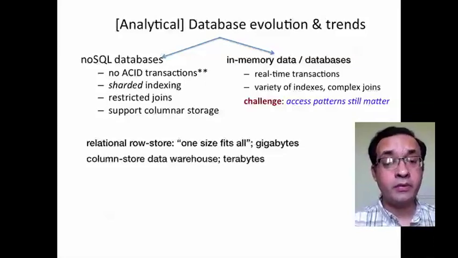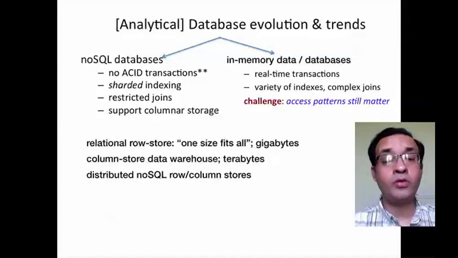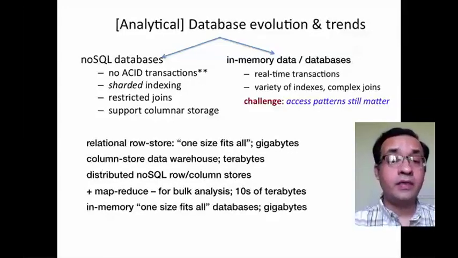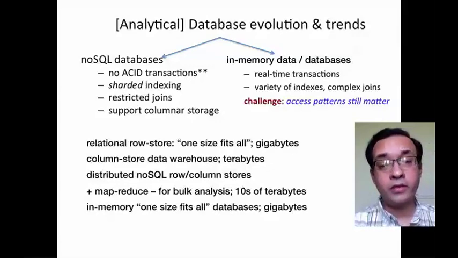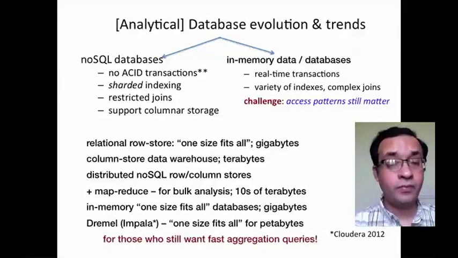Then, when we have large volumes, a large number of columns, we went into column store data warehouses and terabytes of data. The data warehouse technologies like Teradata, Oracle Data Warehouse, and stuff like that, they can deal with column stores and terabytes of data. And in parallel, we had distributed NoSQL row column stores, which essentially dealt with terabytes of data, but where you didn't really have to do joins. And when you wanted joins, you would do MapReduce, especially if you wanted to do joins for bulk analysis, and you could deal with tens of terabytes of data over there. In parallel, in-memory one-size-fits-all databases are also available, but they have their own challenges in terms of access patterns still mattering. And last but not least, Dremel,